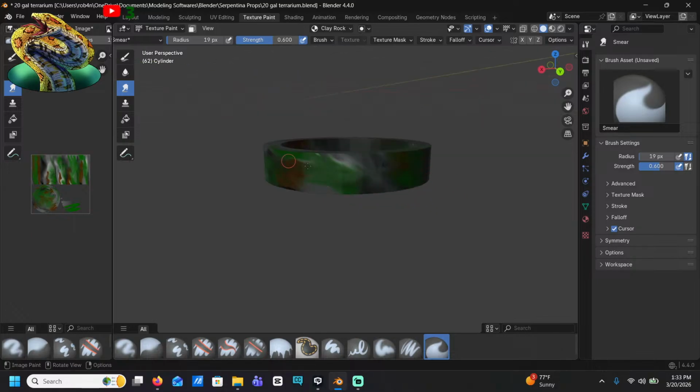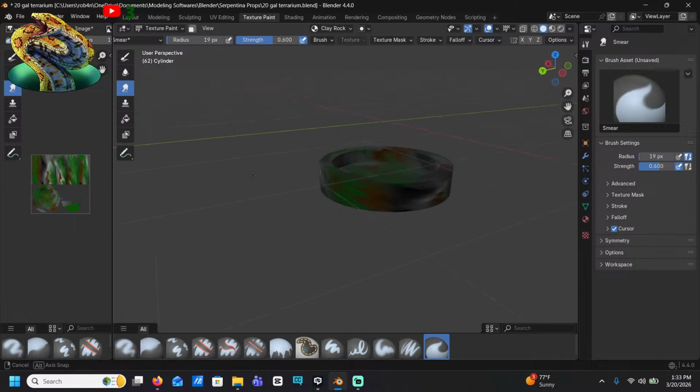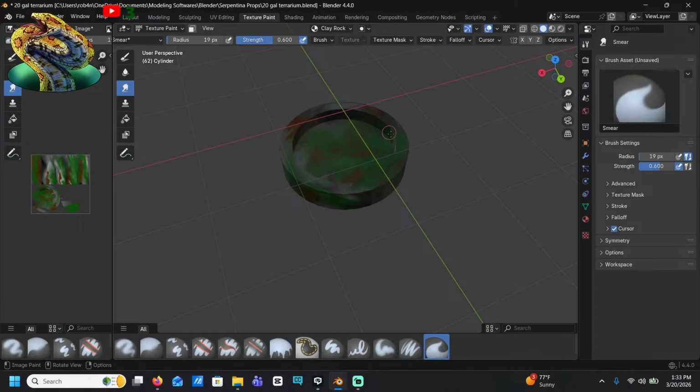I love how intentional all this looks, even though I definitely am not planning on any single pattern that I am making. It looks so intentional, though.